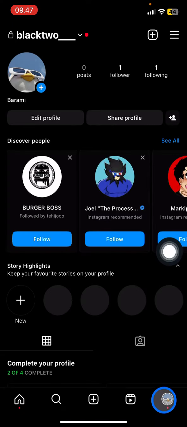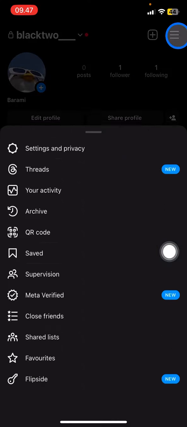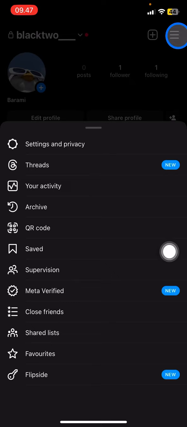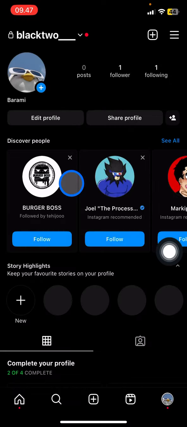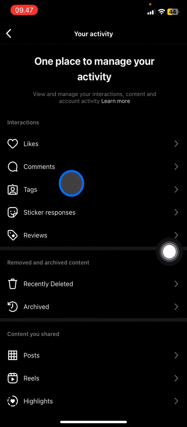And right after that you just need to take a look at this top right corner and click these three straight lines, and after that you just need to click the third row, which is your activity. And now in this video I would like to show you how to recover a deleted post on your Instagram account. So to recover, you just need to take a look at removed and archived content,